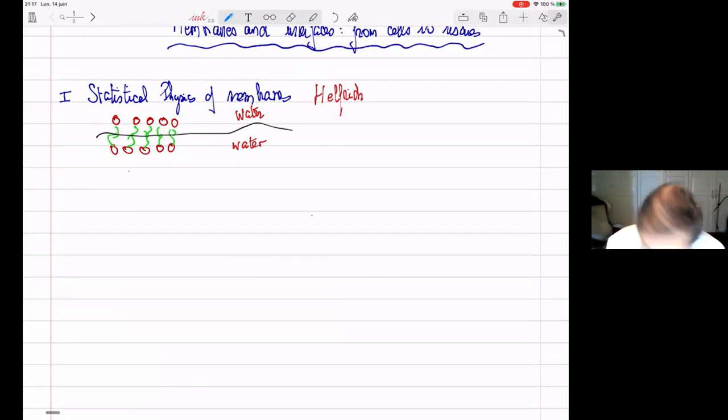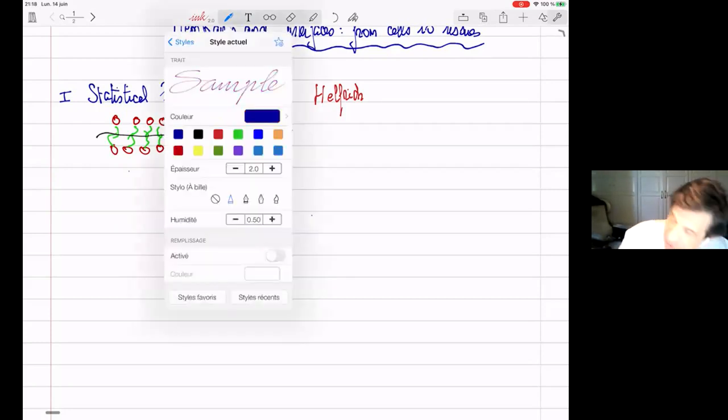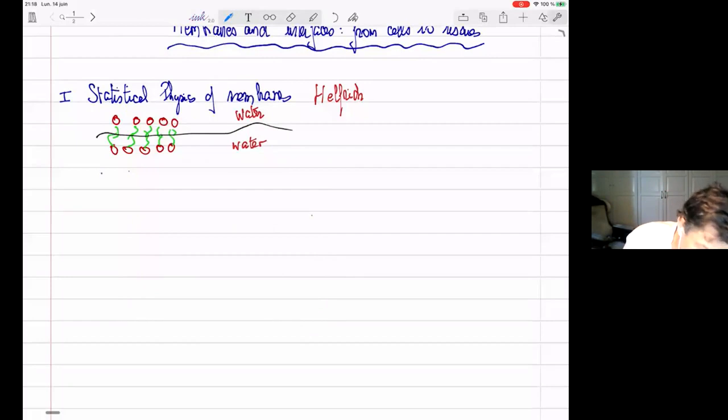Now, if you look at it at the mesoscopic scale, the thickness of these bilayers is extremely thin. It's between 2 and 3 nanometers, and you want to look at it at the scale of hundreds of nanometers. So essentially what these molecules make is an infinitely thin surface which is fluctuating in space, in water. So what Helfrich did is a statistical physics of fluctuating surfaces. He did it in two cases. When the surface is a plane, fluctuating sheets. And the second case that he studied is when it wraps around a sphere and is called a vesicle.